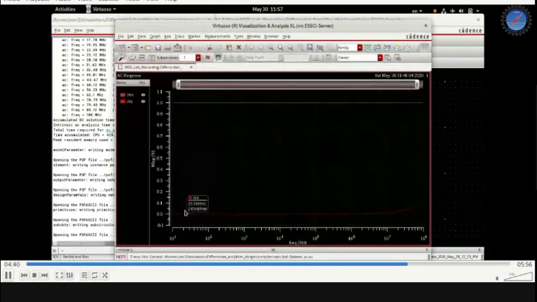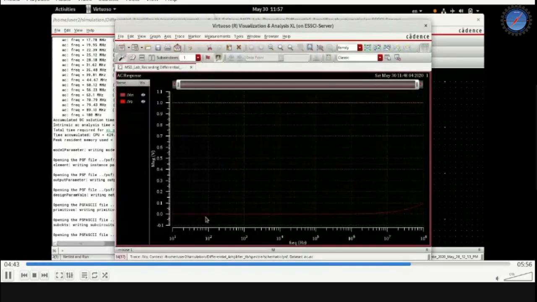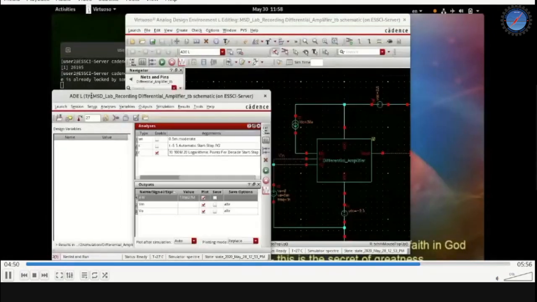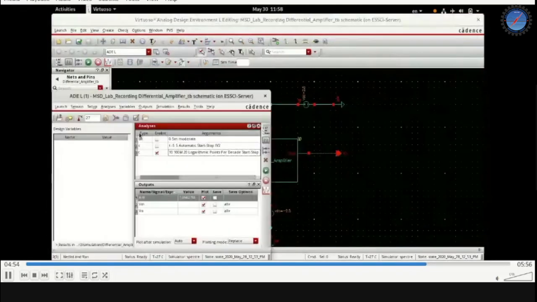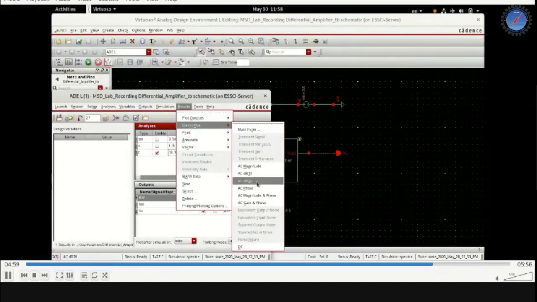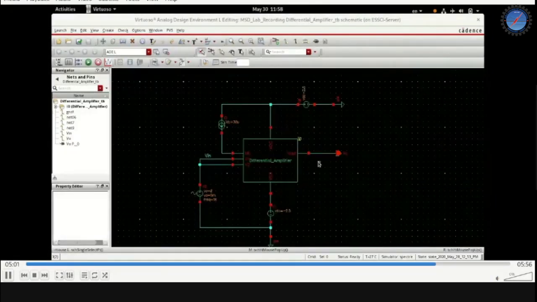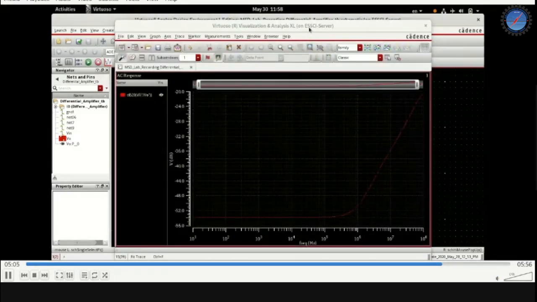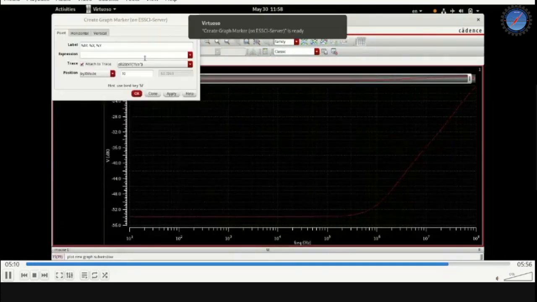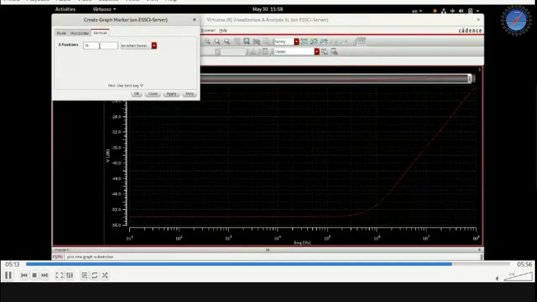Here you can find that the common mode gain is increasing with frequency after a point, which is indicating the presence of a zero. So let us do the plot in dB. Go to results, direct plot, AC dB20, then click on the output, then click escape. Then you can see the plot here. This is going to be the common mode response. Clearly, you can notice that you are having a zero in the response.